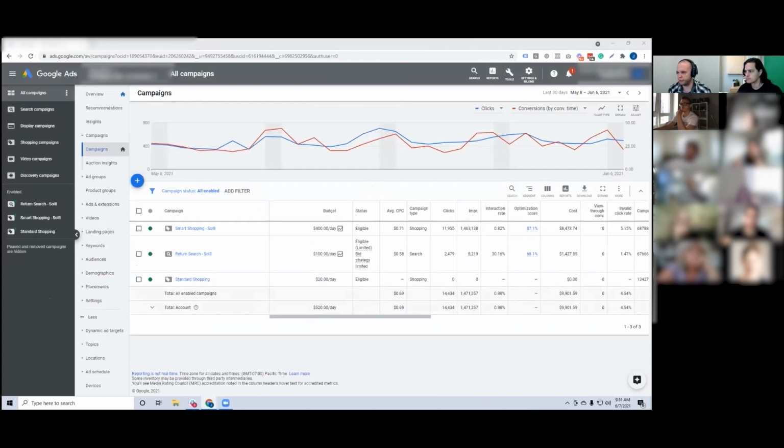I end up with a lot of product variants, product size, difference, etc. when setting up shopping campaigns like this. Any insight on dealing with product variants in shopping campaigns? So yes, when you do have different product variants,